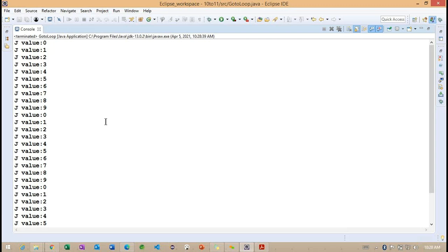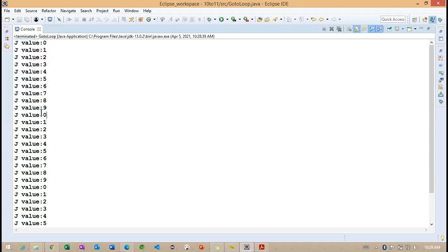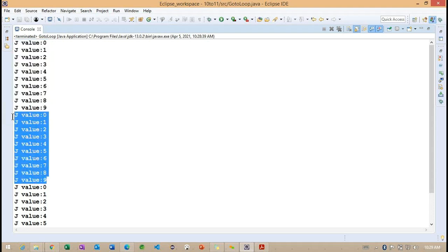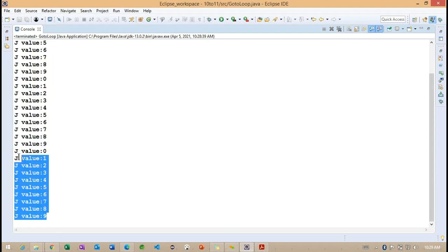Now we need to check how many times this loop is repeated. First it started with 0 and ended with 9. Then again we can check, it starts with 0 and ends with 9. So this is the second iteration. And now we can check the third one. Now what are you understanding here?